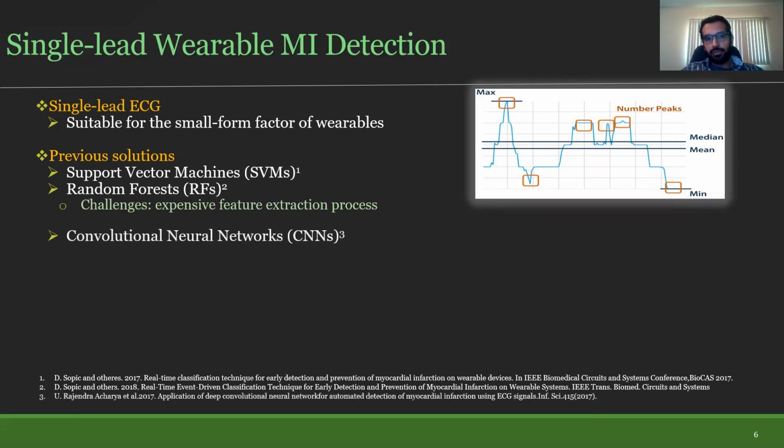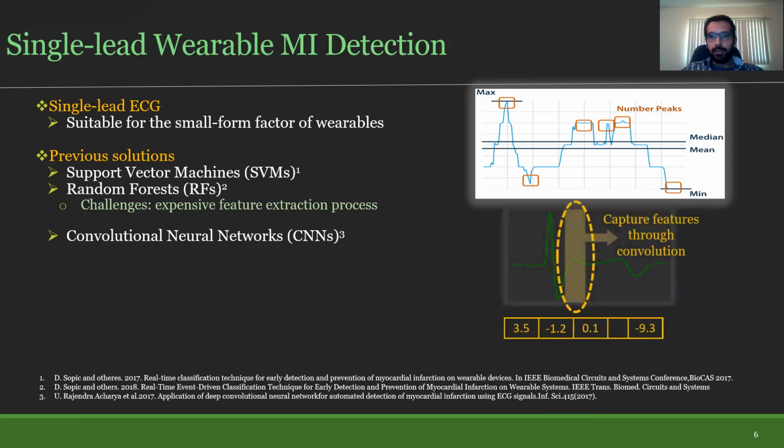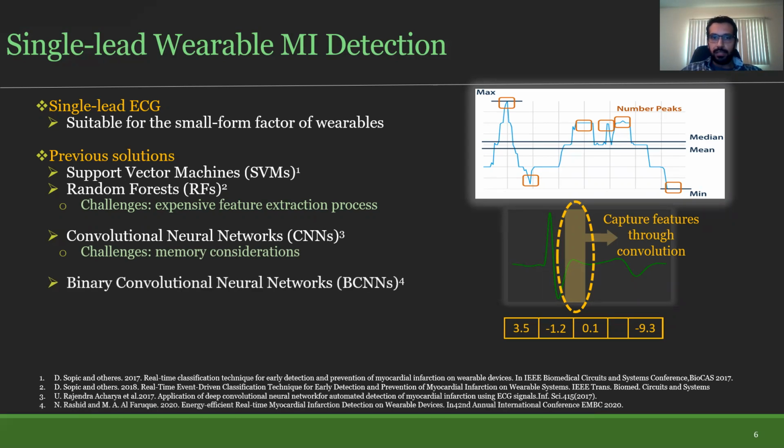So the next solution was to adopt a convolutional neural network, which captures features automatically through a sliding window mechanism, where you capture features across the trace of the ECG directly without the requirement of a feature extraction process. But there were challenges, as the memory requirements of the convolutional neural network may or may not suit the wearable device. And then the next solution was a binary convolutional neural network, where the weights or parameters of a normal convolutional neural network were